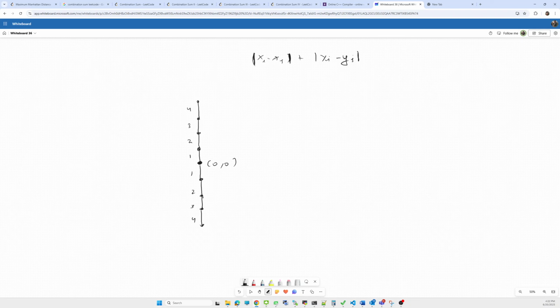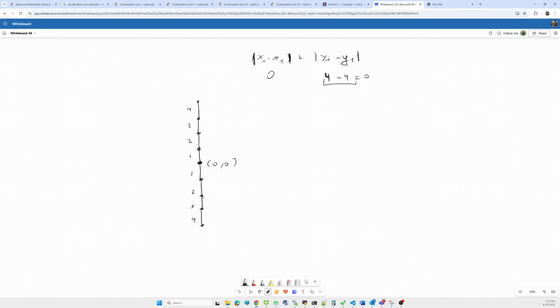So the x will be 0 and 0, so this part will become 0 here. And for this, what will be the value of yi and yj? The difference will be 4 minus 4, which is also 0. So the distance will become 0.